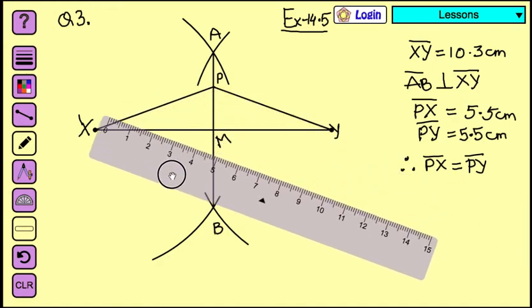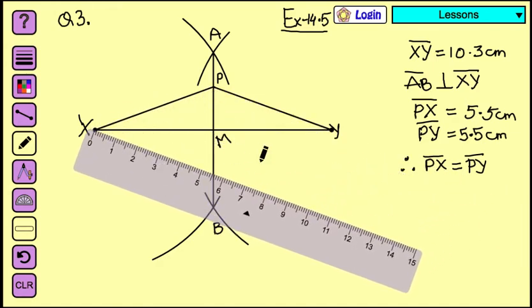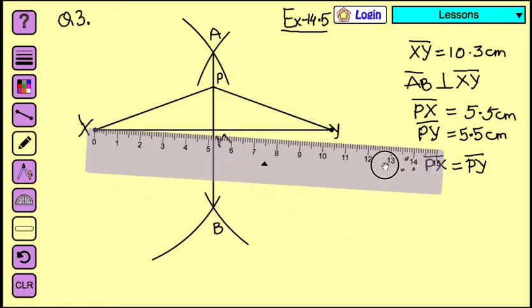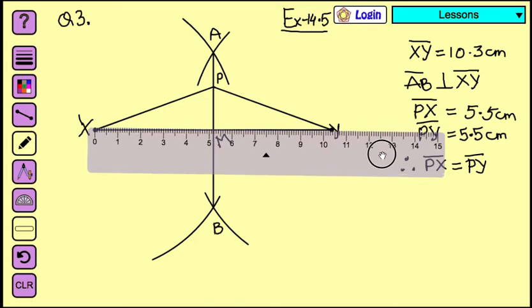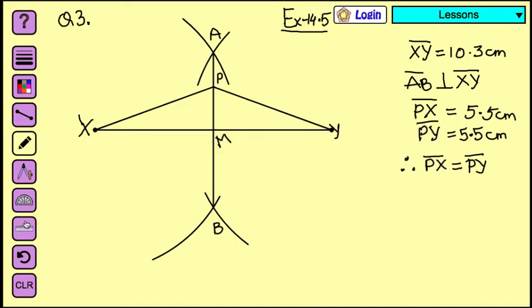So again we need a ruler. Fine. So just place the ruler. Now you can see that it's actually in the center of 5.1 and 5.2, which is exactly at the middle. So we can write it down on the side that